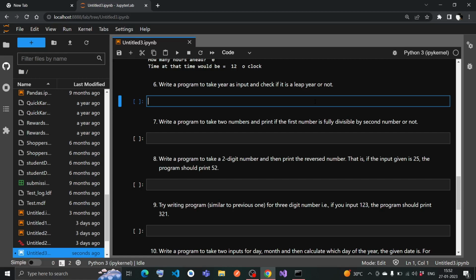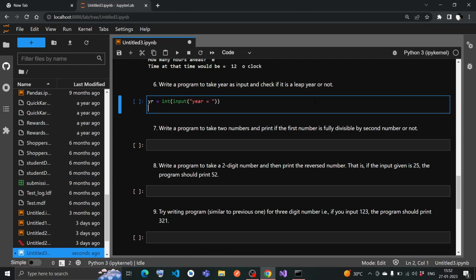So let me first write a year input, and inside that year equal anything I want. Okay, the user input is given. Now the condition, inside if I want the leap year condition. So what will be the leap year condition? The leap year condition would be if year %4 equal